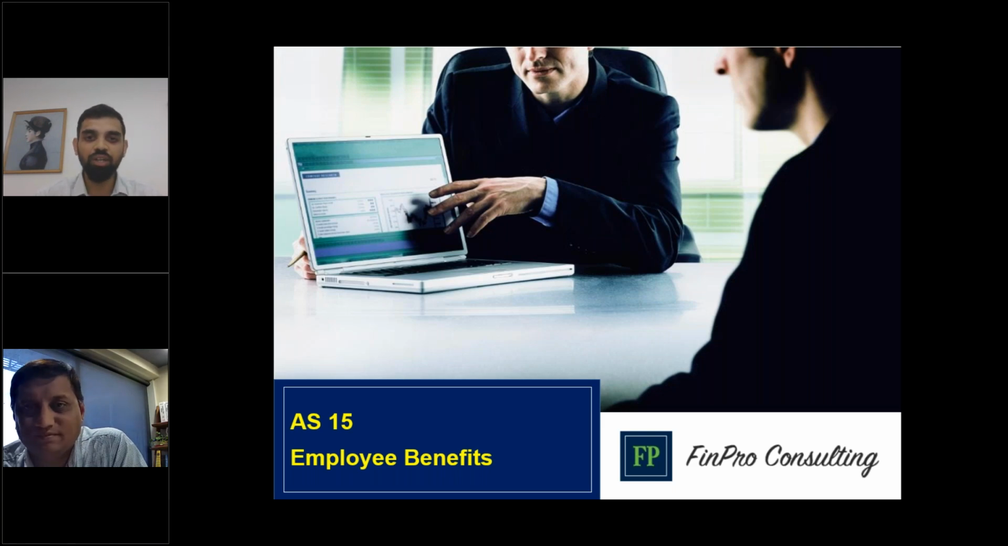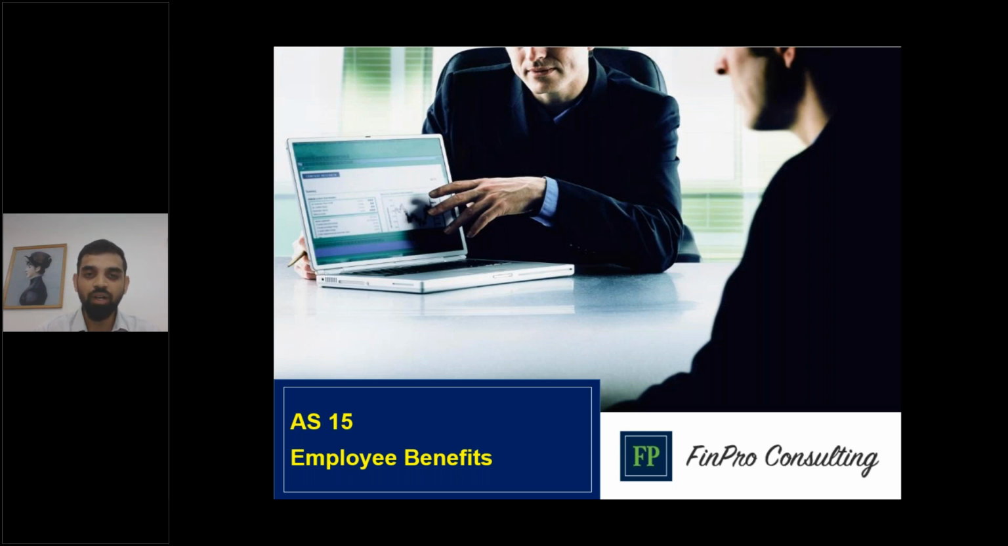So friends, today we are going to speak on 4 accounting standards. We will start with a little bit more complex one, AS 15 employee benefits. Then we will move on to accounting for taxes on income, which is AS 22. Then we will go to AS 11, the effects of changes in foreign exchange rates, and lastly AS 28, impairment of assets. In all these 4 standards, I'll try to bring out a lot of practical case studies and